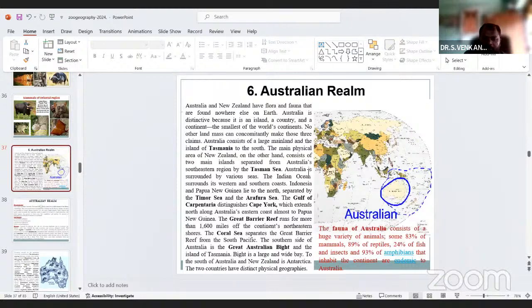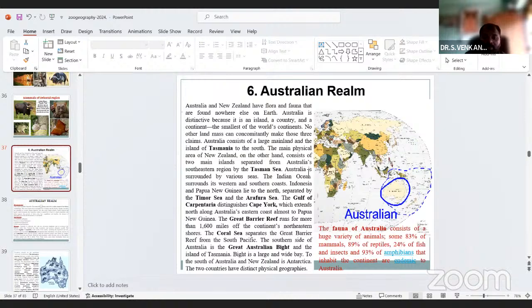The Great Barrier Reef runs for more than 1600 miles along the continent's northeast shores. The Coral Sea separates the Great Barrier Reef from the Southern Pacific. On the southern side of Australia is the Great Australian Bight, with the island of Tasmania.